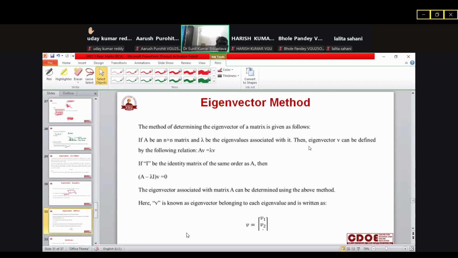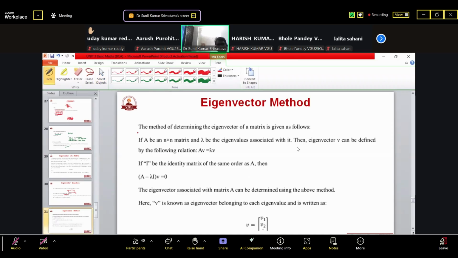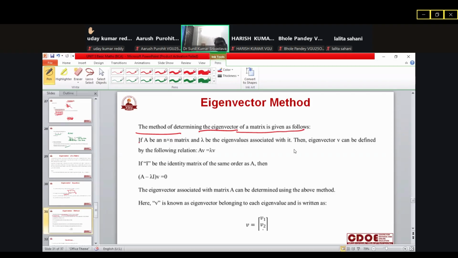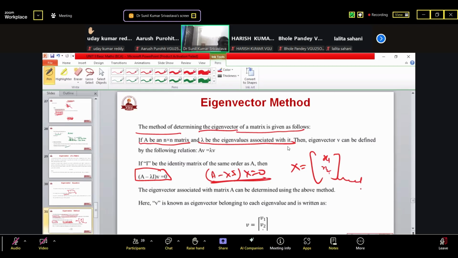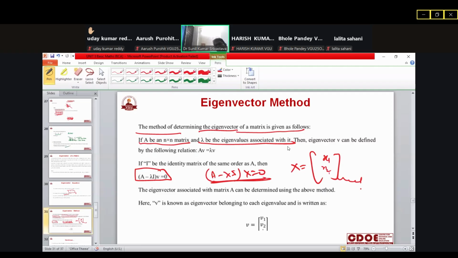तो बहुत सारे डिटेल में हमने यहाँ पे लिखा हुआ है, the method of determining the eigenvectors of a matrix is given as follows. क्या क्या करना है, suppose we have a matrix A of square matrix, lambda be any eigenvalue associated with this, then eigenvectors can be defined in the form of non-zero solution of the matrix equation (A - λI)X = 0। इस मैट्रिक्स इक्वेशन का नॉन जीरो सोल्यूशन अपने को चाहिए, और जो भी नॉन जीरो सोल्यूशन X के फॉर्म में मिलेगा यहाँ पे वेक्टर के फॉर्म में x1 x2 x3, यही हमारा उस पर्टिकुलर वैल्यू के लिए आइगन वेक्टर होता है। That is the eigenvector for that particular value of λ. तो इस तरीके से हम आइगन वैल्यूज और आइगन वेक्टर्स वाले टॉपिक को भी कंप्लीट किया जा सकता है।